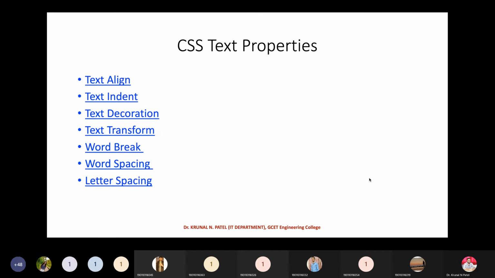Okay, now let's discuss some of the properties related to text. Suppose I want to make text alignment. Here you can see each and everything is named according to the functionality. So I want to make text alignment, text indent, text decoration, text transform, right?